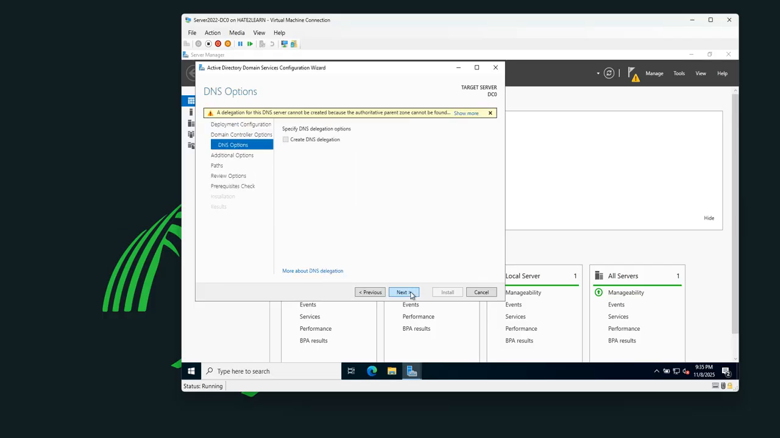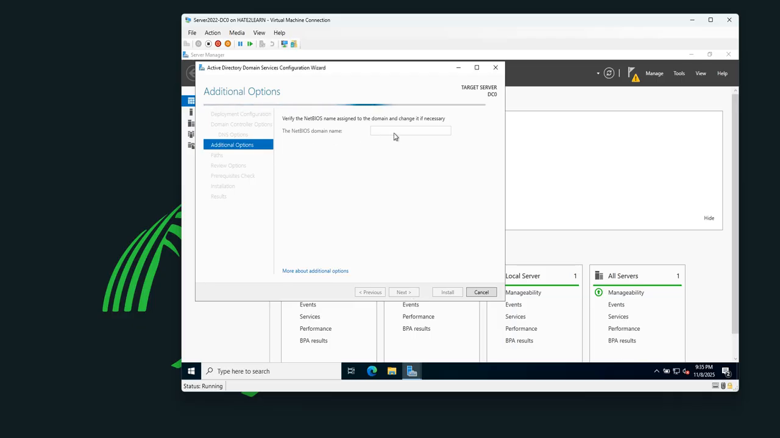Click next, next again. NetBIOS, this is very important. It will pick up H0, how it was before for us, and it was not clean. When I was trying to log in, it used to show H0 instead of hate to learn. So I will change the name here to hate to learn. Next,